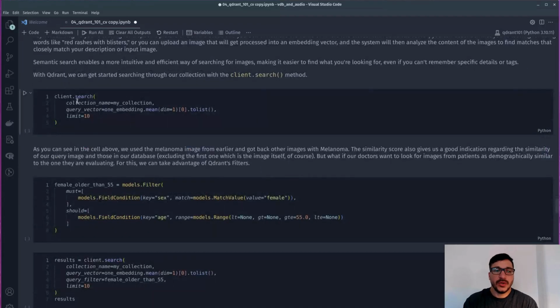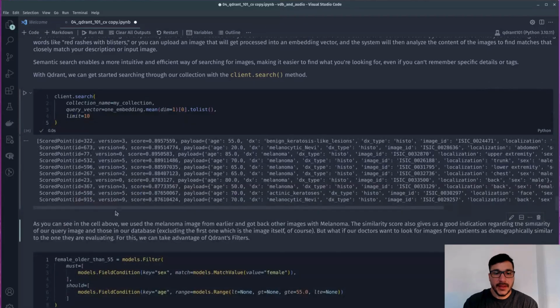Okay, so let's use that search method to search through our collection. As you can see here, I'm passing the name of my collection and I'm selecting that embedding from the very beginning of this tutorial where we had the melanoma use case. If you recall, it was at index 8,500. So here we're saying, give me the mean or the average of the first dimension. Give me the first element, because remember it's batch size dimensions. So we just want the whole vector in a get-go. And then we want to limit the results to 10. You can see here,